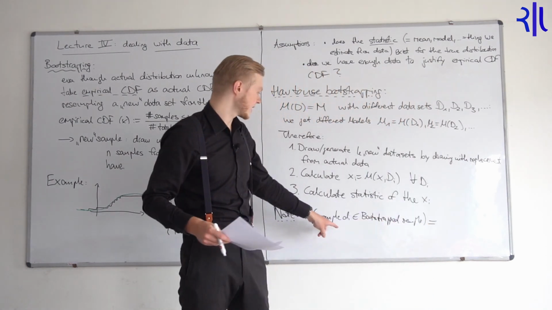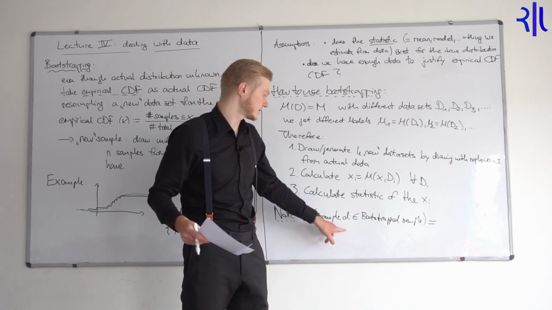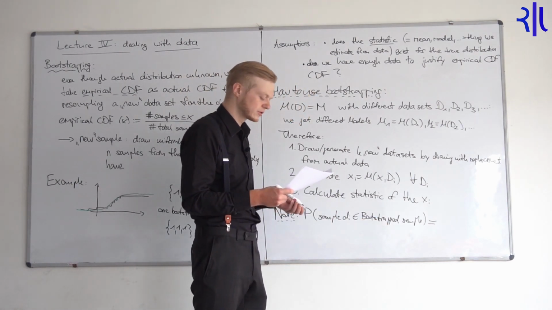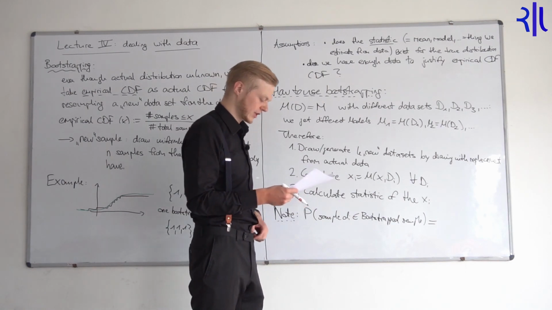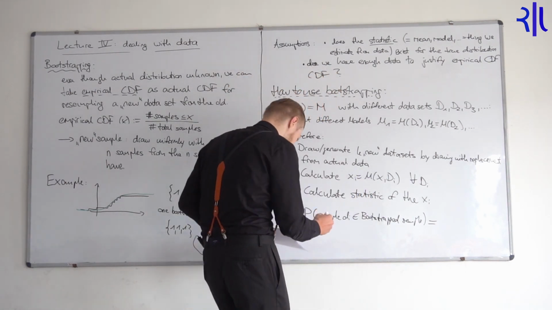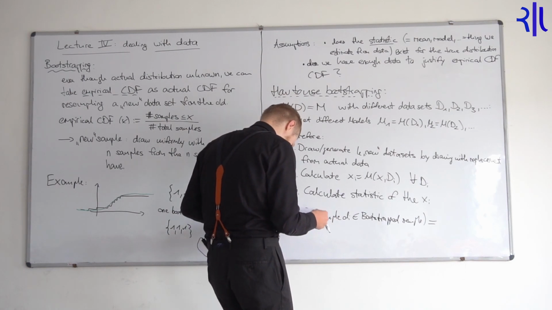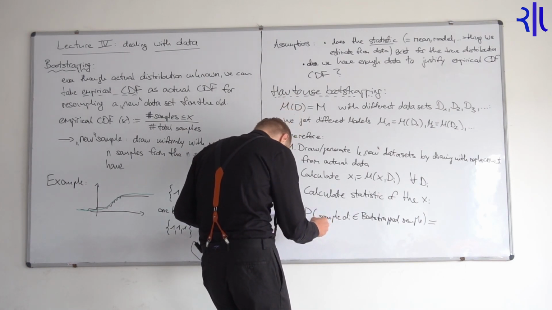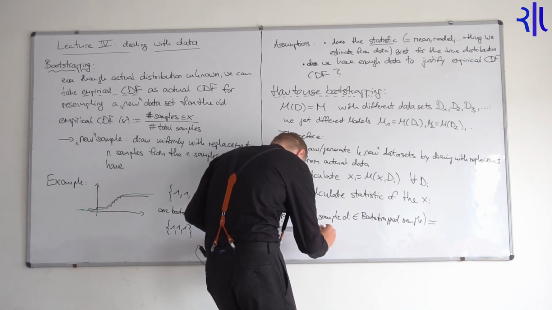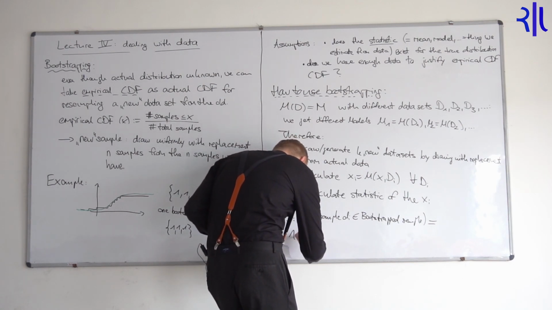The probability that a specific sample, di, is in the newly bootstrapped sample that you generate right now is, when you think about it, one minus